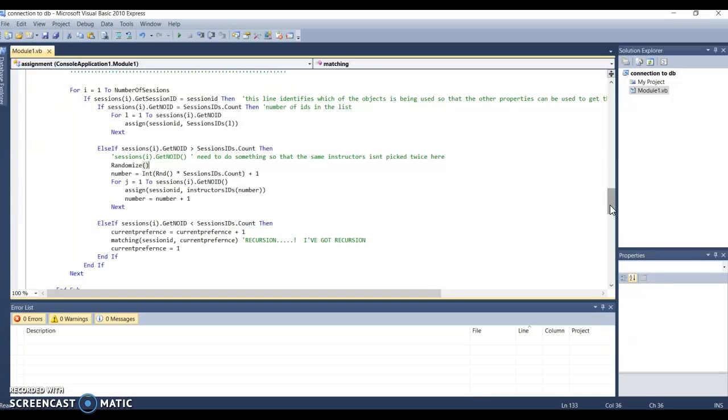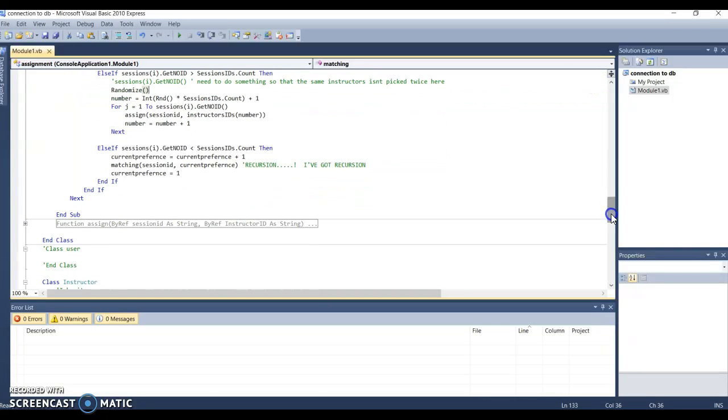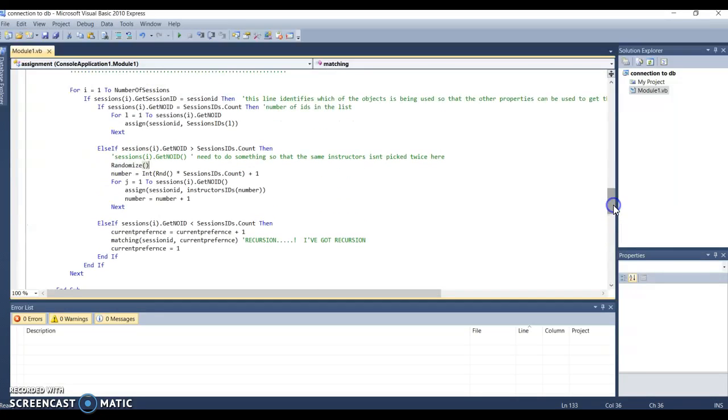So this is like my main processing, and then once that's worked, so this is if I've got the exact right number, and it just sends the session ID and the instructor's ID straight over to